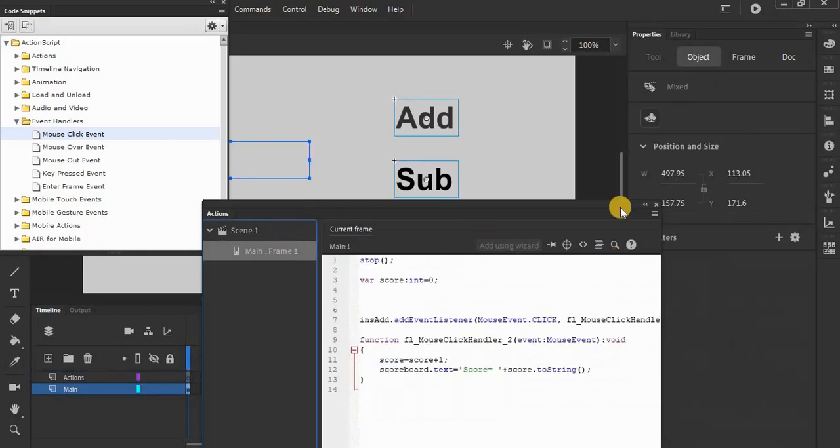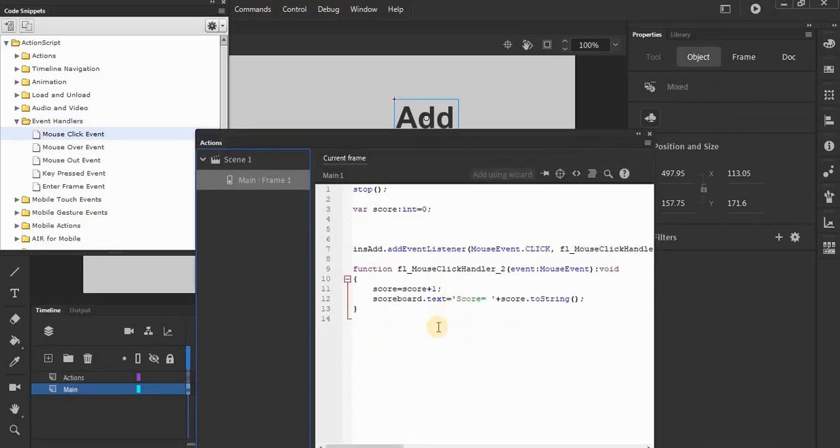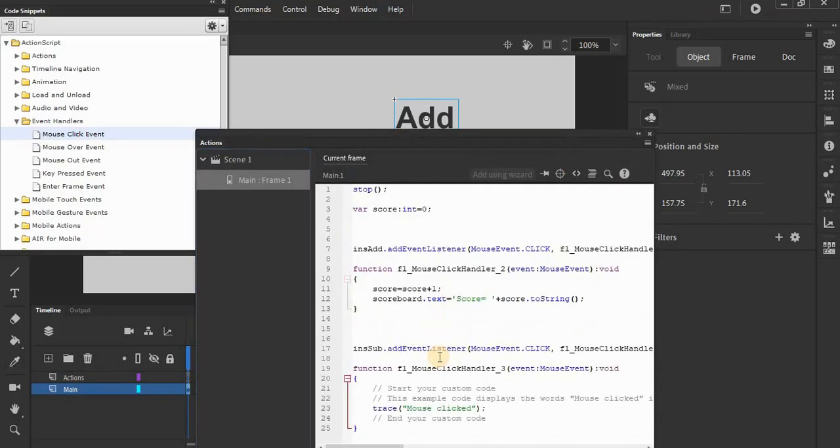Okay, so I'll come over here, and this is for subtraction. So instance sub, you can see over here instance sub. Here, instead of +1 I can do -1 and the rest remains the same. It is better if you add a comment, it's a good habit. So two forward slashes,